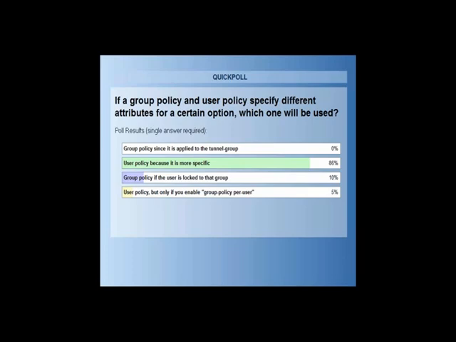Okay, so we're talking about group policies, and if we have conflicting attributes applied at the group level and the user level, which one's going to win? Some of the answers in there could have been attractive, especially that last one, the user policy, but only if you enable the group user command. That command doesn't actually exist, and it's common to see questions like that make you think, well, maybe that is a command that's out there, but for this particular question, we're looking for B there, the user policy, because